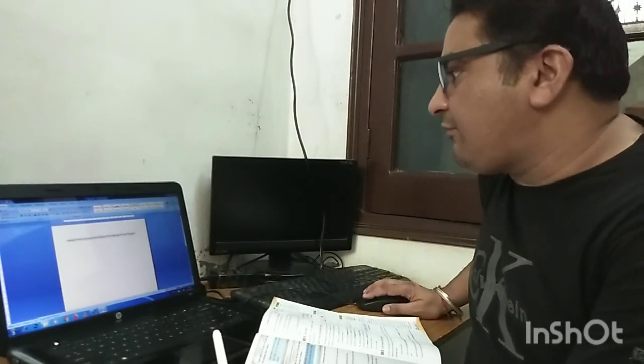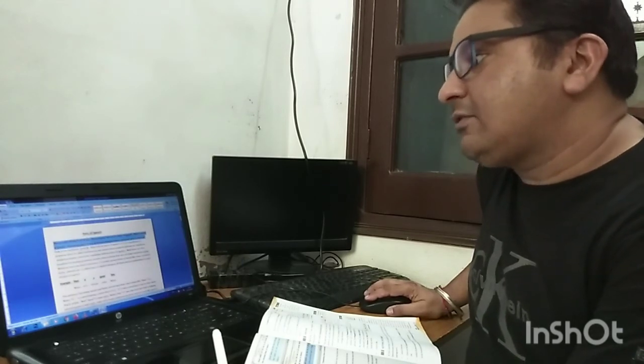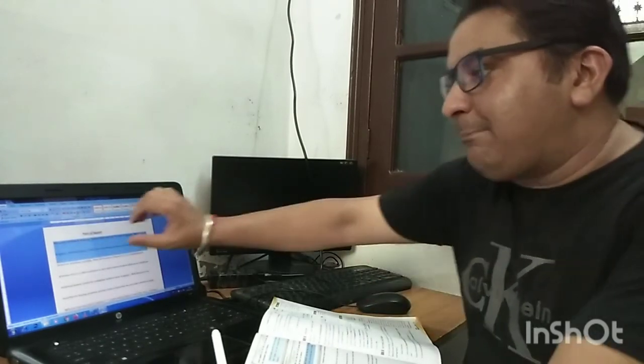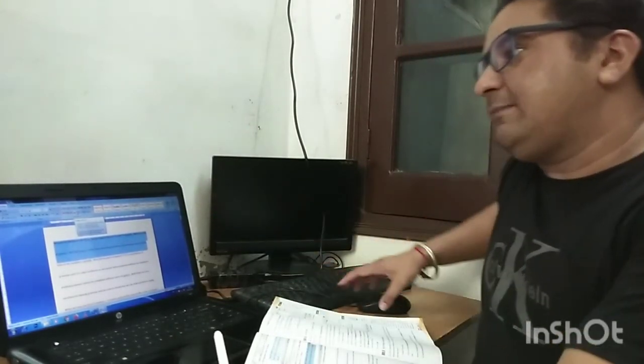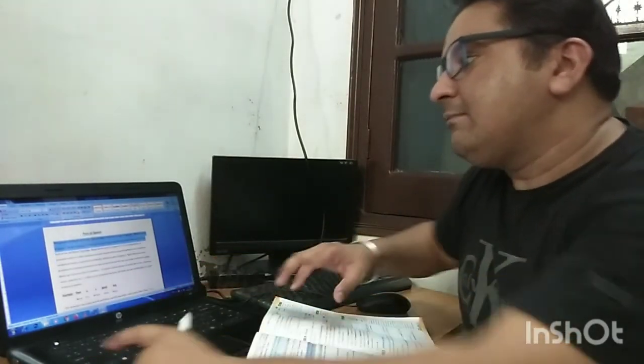Then comes line spacing. When we are typing a paragraph that consists of two lines, we have to choose from the Home tab, in the ribbon, the line spacing. Line spacing is 1.5 or 2.0; it starts from 1.0 and goes up to 3.0. The gap between the two lines is known as line spacing. Whatever selection we have done is the line spacing, and then we choose the particular line spacing and type the paragraph.